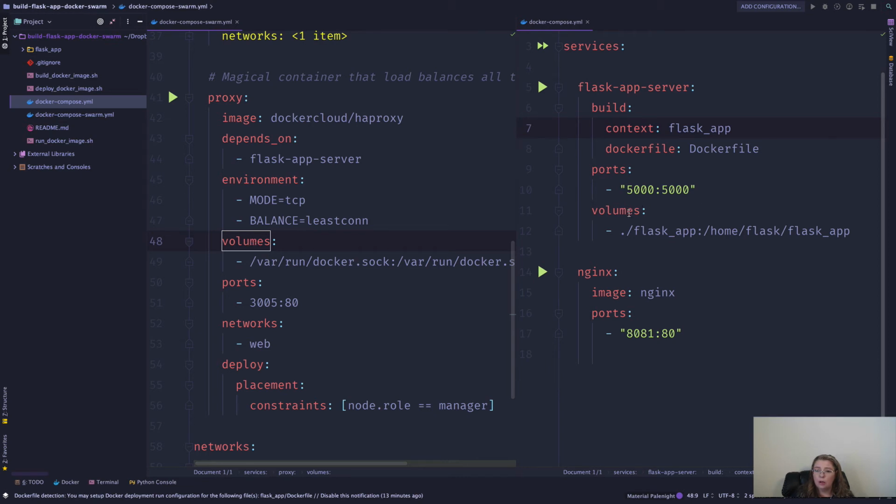So you can see over here in our Docker Compose, we have this, and you can see that we also have it here. It's fine. You can have it everywhere. The only thing that you have to pay attention to is, one, file permissions, and two, if you're using multiple nodes, you need to have something like a mounted file system that's available